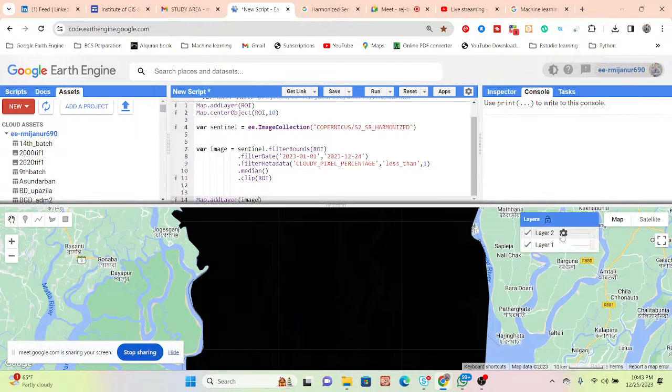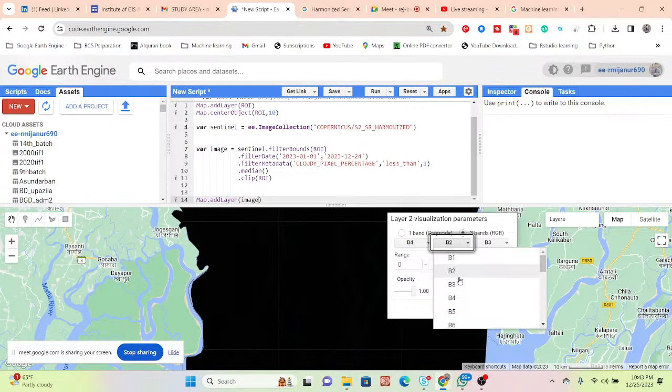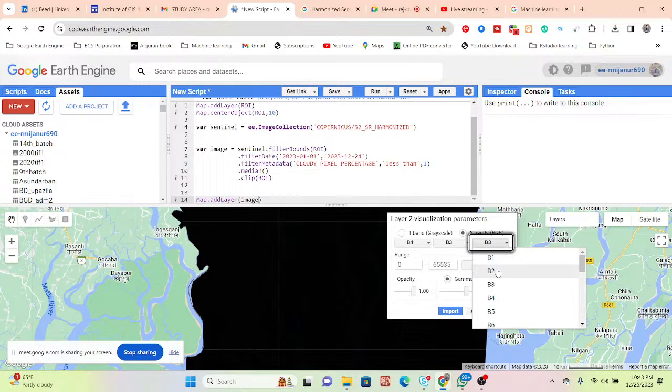So I click on the settings button and set the band combination B4, B3, B2, mainly red, green and blue.